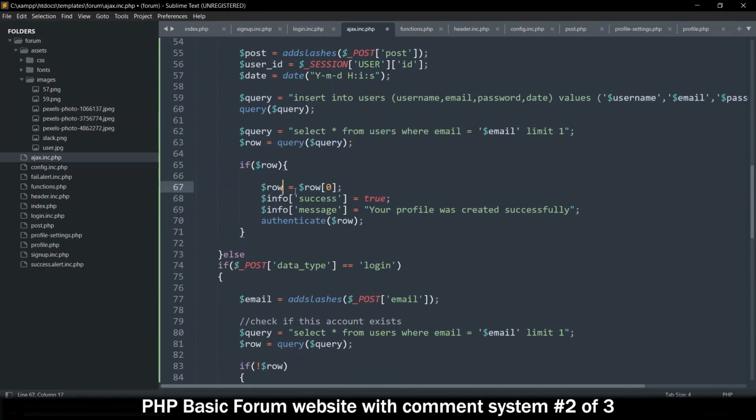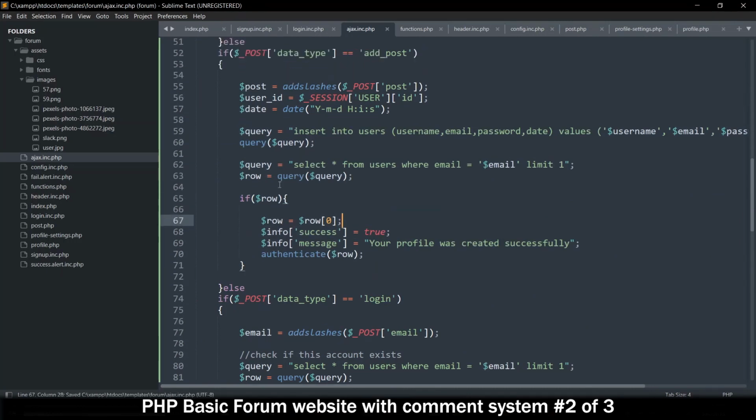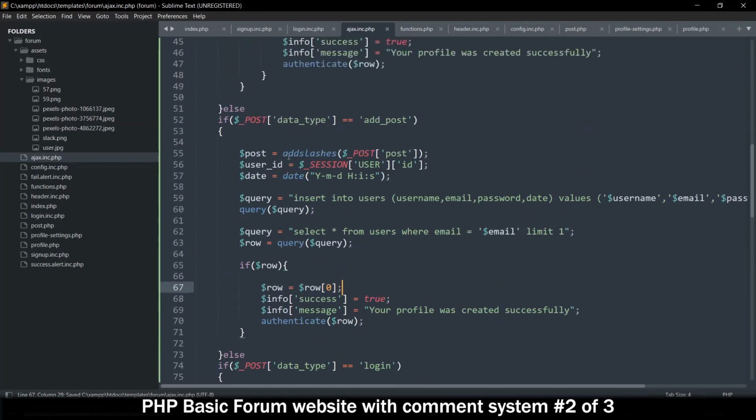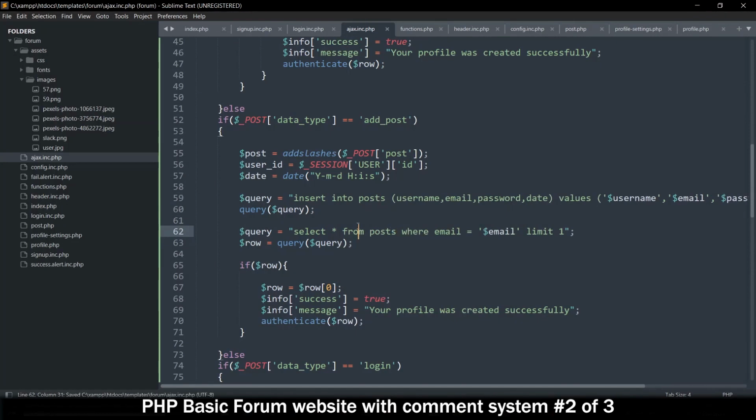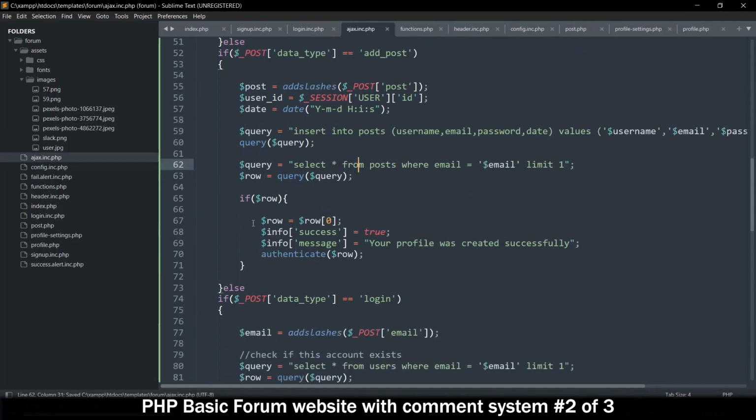And once success is done, we need to read back the post that we just posted. Okay, so query is going to insert into posts. We haven't created the posts table yet, but that's fine. So what I want to do is read from the post again where